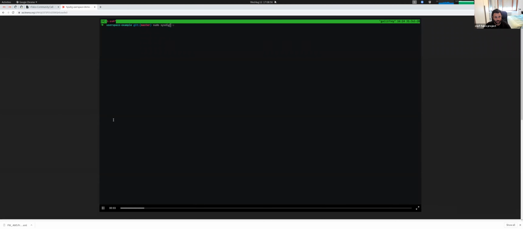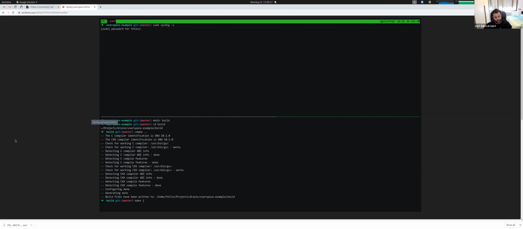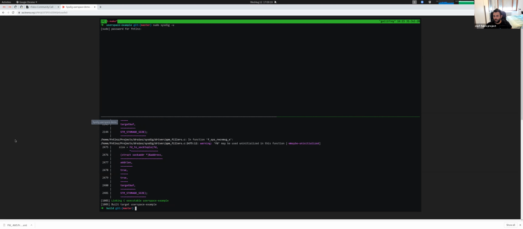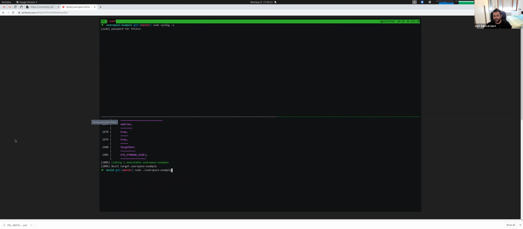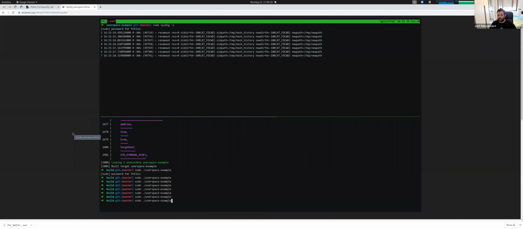As the repo is showing, you basically start Sysdig or Falco with the -u flag, like I'm doing here. Once Falco is started, I am building the example. Once the stuff is built, this thing can be used to send an event to Falco.